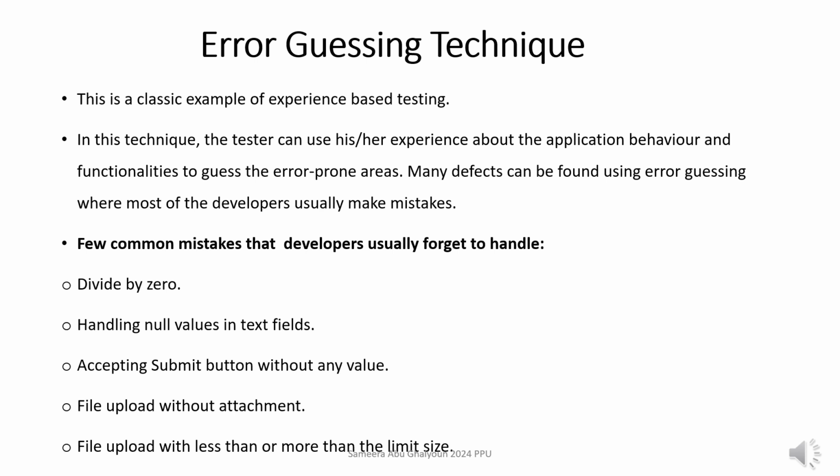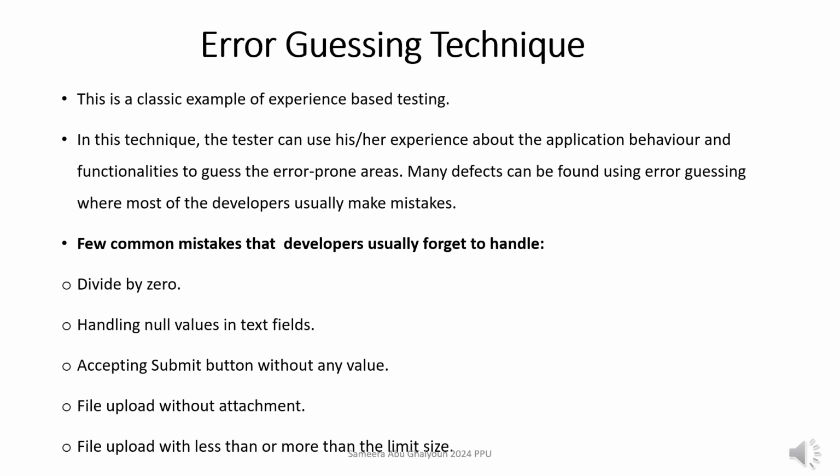Fifth, error guessing technique. This is a classic example of experience-based testing. In this technique, the tester can use her experience about the application behavior and functionalities to guess the error-prone areas. Many defects can be found in error guessing, where most of the developers usually make mistakes. A few common mistakes that developers usually forget to handle: